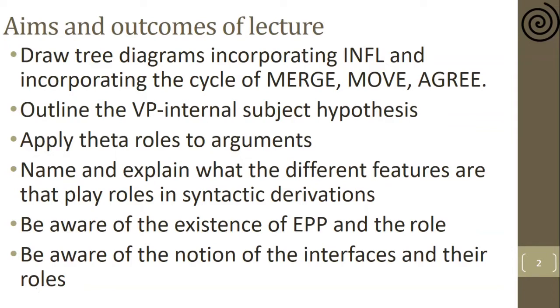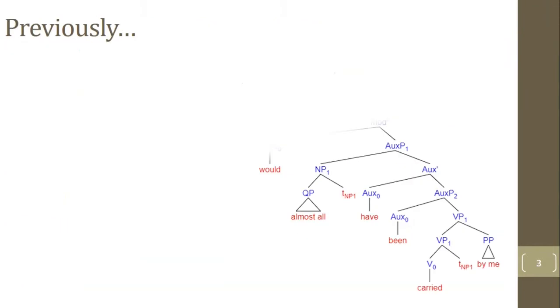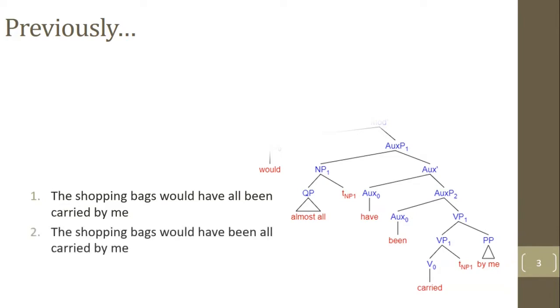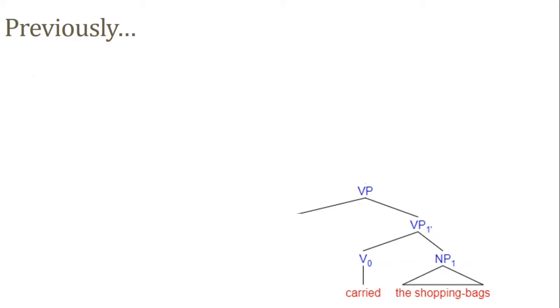So in one of the previous lectures, we used floating quantifiers to develop the following kind of tree structure, and central to that was the idea that each head projects a specifier which can be filled by another phrase. I asked you to analyze these two sentences with particular focus on the implications for the auxiliary phrase and the verb phrase. The structure that you ought to have arrived at would be an auxiliary phrase with a specifier and